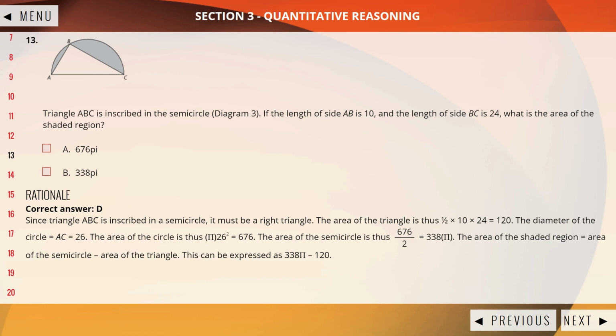This was, they did pi times 26 squared. The diameter is 26, and so the area is pi times 13 squared. You don't do pi times diameter squared. The formula is pi r squared. That's really bad. They made a classic mistake. The formula is pi r squared for the area of a circle, not pi times diameter squared. Yes, the diameter is 26, but the radius therefore is